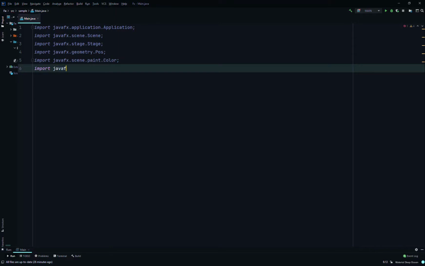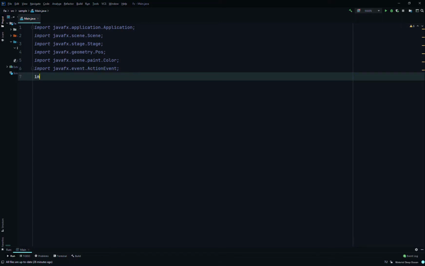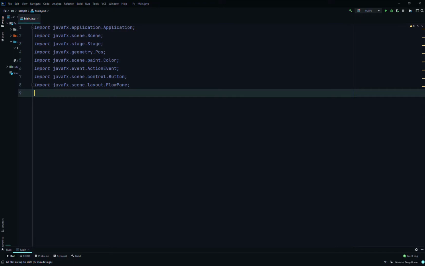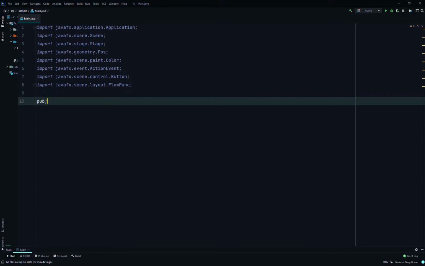Then we'll import JavaFX.event.ActionEvent. Then we'll import JavaFX.scene.control.Button. Import JavaFX.scene.layout.FlowPane. And then that's it, I think. So then we'll just write our class, so public class Main, then we'll extend